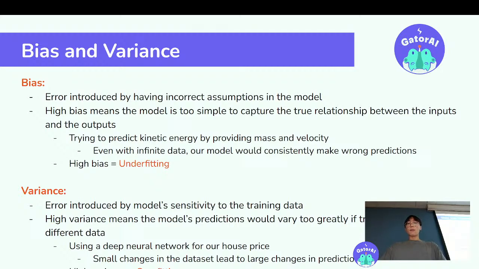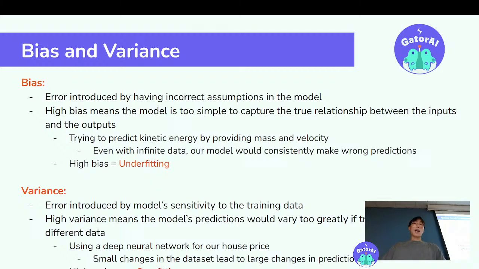So, as you remember, we had that housing predictor, and we assumed that there were linear weights that map the square footage and the other feature we had to the actual house price. But we might not know if there's a true linear relationship, right? The data we looked at, we plotted it, and it looked pretty linear, but maybe later, when you go further down the square footage, it actually shows that maybe it's an exponential or some type of polynomial relationship between the inputs and the outputs, at which point our model would fail because our model basically assumes that there is a linear relationship in the data, right?